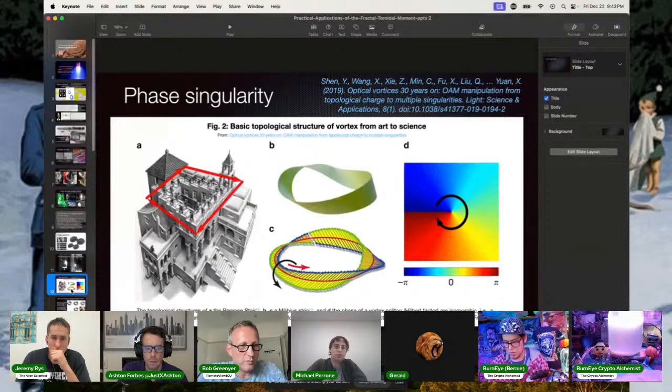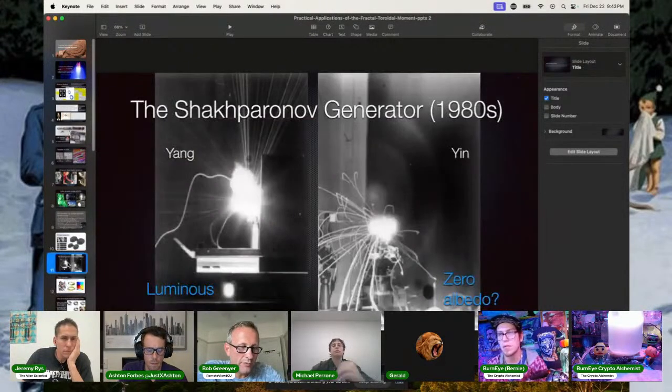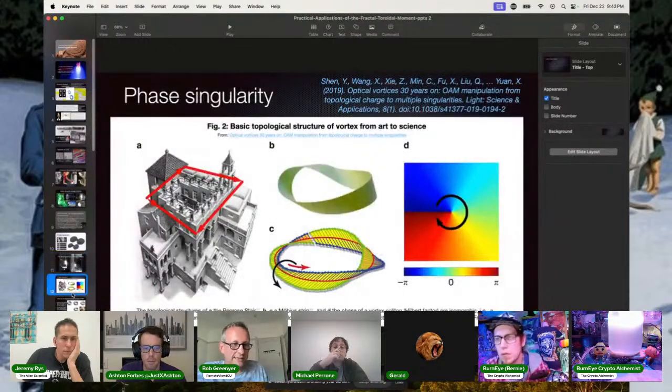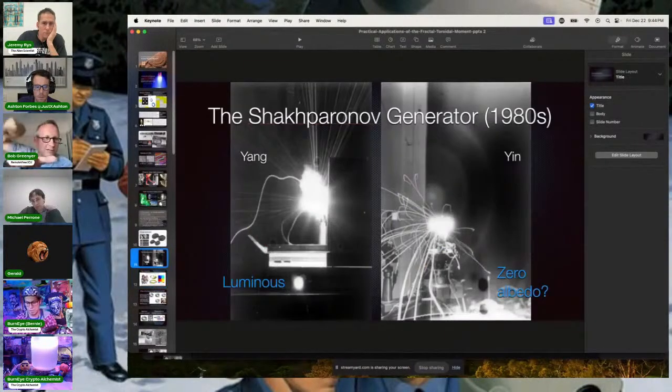which is a demonstration of what the phase singularity is. And on the right, you see a Mobius strip, which has the same phase singularity. It depends which way you go round, whether it's a yin or a yang. So what the Shakhparyanov research did is they created a pseudo monopole by first treating this single electrode, because it's a Mobius strip, with RF. So they treated the environment to excite the environment, and then they hit it with two contacts either side of the single wire, because it's a single wire that goes twice round.